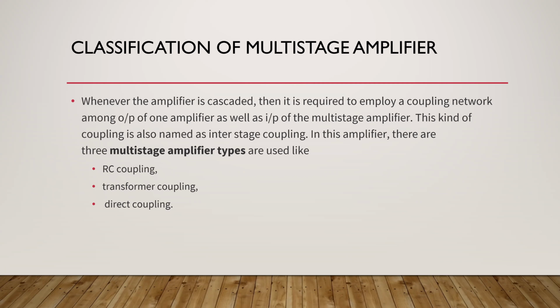Whereas in direct coupled amplifier, there are no capacitors or inductors. It is direct, resistor to resistor, where the signal is connected. These are the three types of coupling network that are used in multi-stage amplifiers. We will discuss in detail each and every type of multi-stage amplifier, both construction, operation, frequency response, advantages, disadvantages, everything will be covered in later classes. Now let us first see the detailed explanation about the multi-stage amplifiers only.